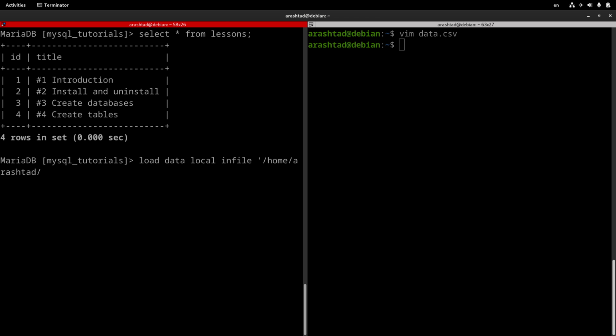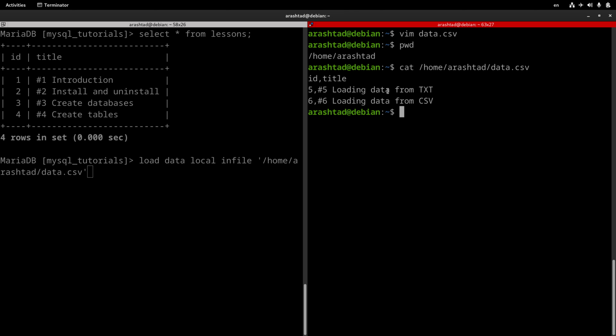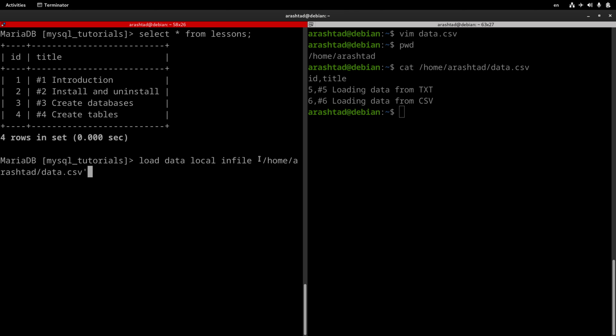Arashtad, and data.csv. If you're curious about the path that I found here, that will be the directory that I've created. The CSV file is already in home/Arashtad. And if I do a cat home Arashtad data.csv, we will see that this file exists and the content is loaded. So I put the full path to the CSV file here, and after that I can type